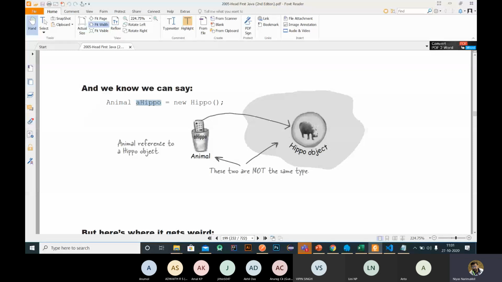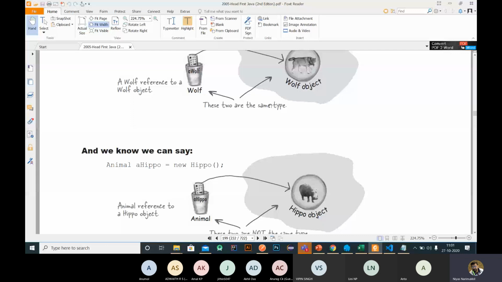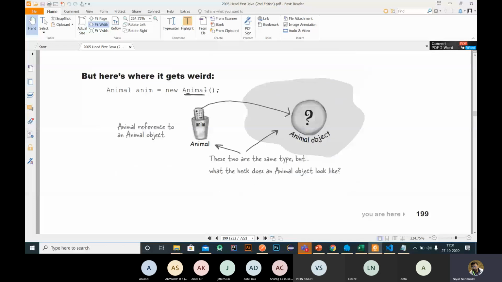This is just showing that we can't create an object like this: Animal anim equals new Animal, because there is no such object as Animal here. Animal is an abstract class, and there is no specific definition for it, so it is not possible to create. But we can create a variable like Canine c, then c equals new Dog.